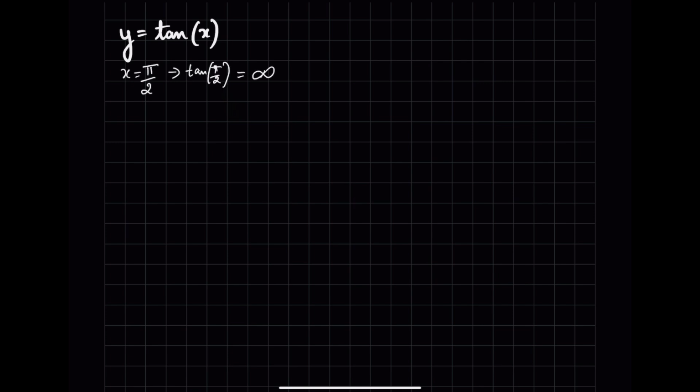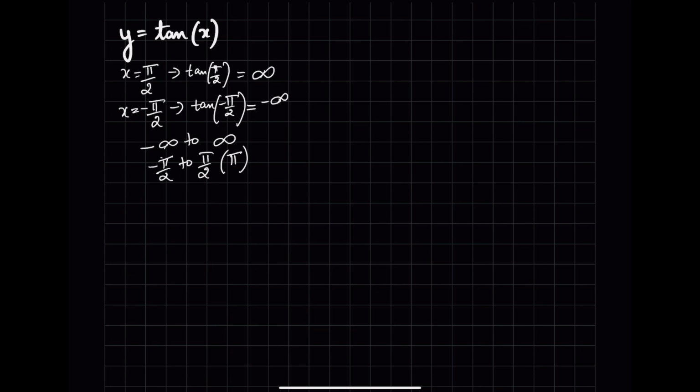equal to infinity. And if x is equal to minus pi by 2, then tan of minus pi by 2 would be minus x, which is tan of minus x is minus tan x, so this would be minus infinity. So the range of tan is minus infinity to infinity, which is minus pi by 2 to pi by 2. So the period of tan is pi, because minus pi by 2 to pi by 2, the entire range, that